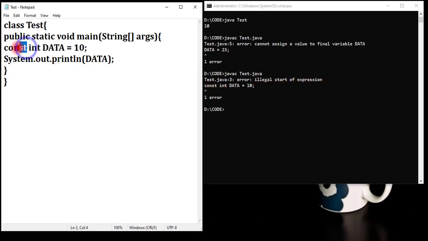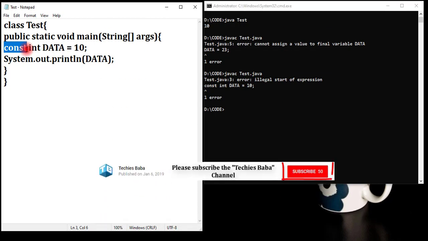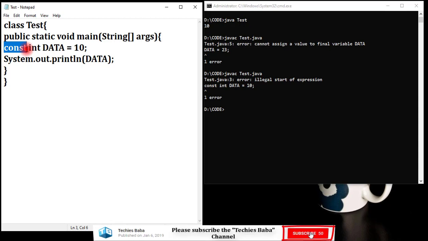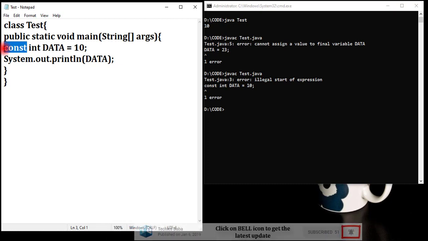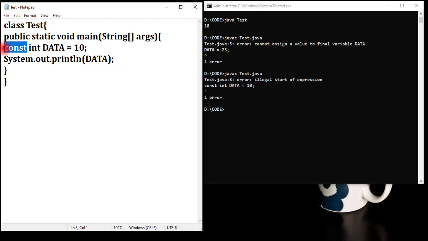Your compiler or JVM knows that const is a reserved word, but it is not able to identify what the meaning is, or what restriction the compiler has to apply when you use const. So const is a reserved word in Java but cannot be used inside your program. You cannot use the const keyword inside a Java application.